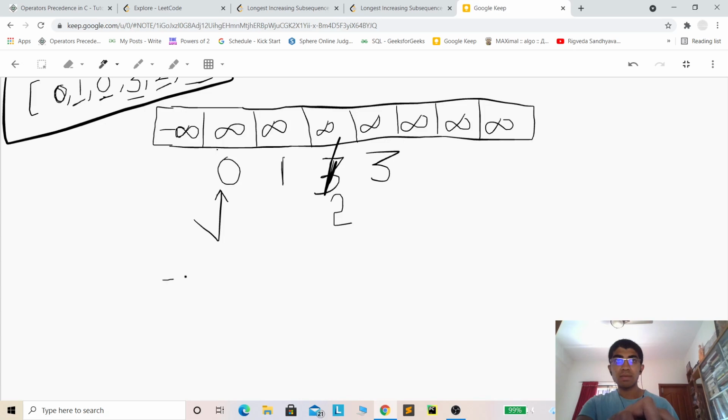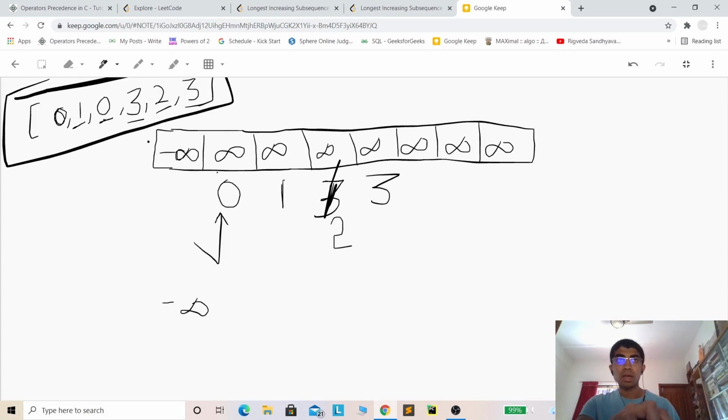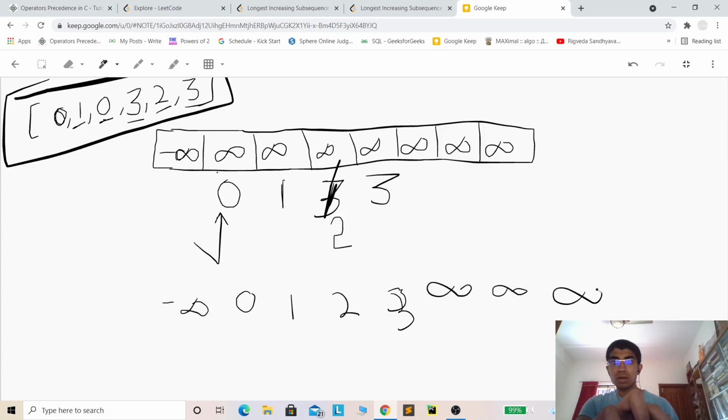So the final array we have is, the first element is minus infinity because in our given array no element is less than minus infinity. And then next we have 0, 1, 2, 3, and the remaining elements are all infinity. So this is the final array in sorted order. Now it's easier for us to determine the length of the longest increasing subsequence.